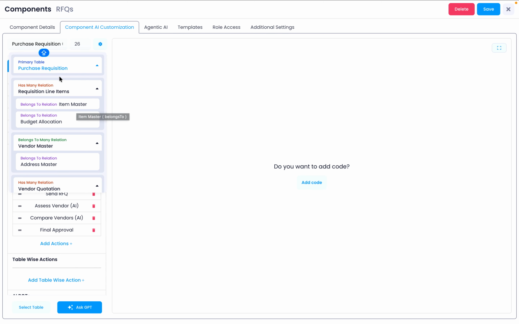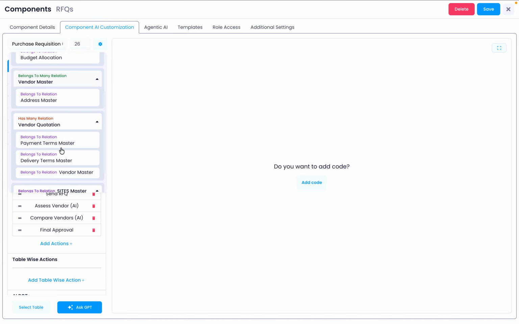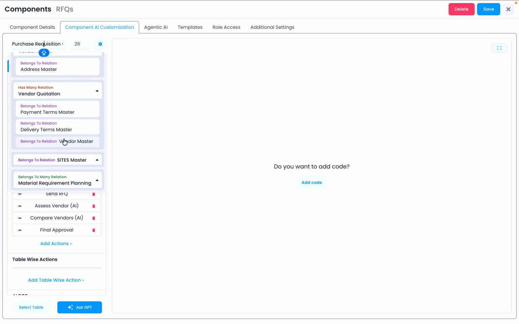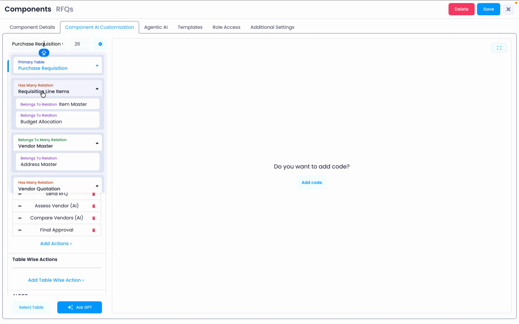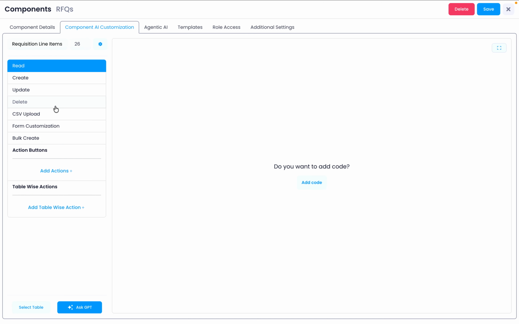So for example, in this RFQ component, we have a primary table, then a has many relation that is connected with the primary table, and to that has many relation we have the item master and budget allocation table inside it, and based on that we have multiple different relations. So we can select the main table, we can also select any other table. Based on whatever we select, we will be able to do all the CRUD